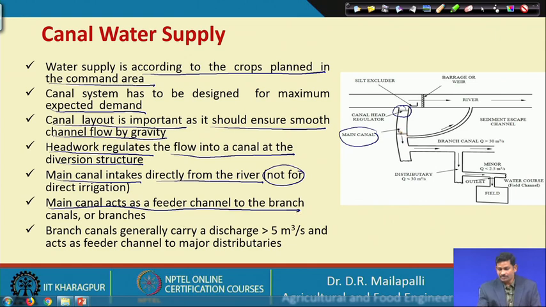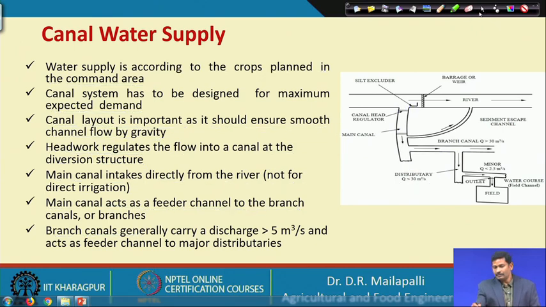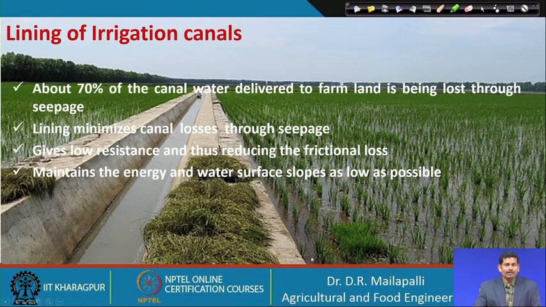So, this is going to feed water to the branch channels, and the branch canals generally carry discharge to the feeder channel or major distributaries. So, then the branch canal is going to feed water to the distributaries. Okay. And then the next is, as I said, about 70% of water which is being conveyed from